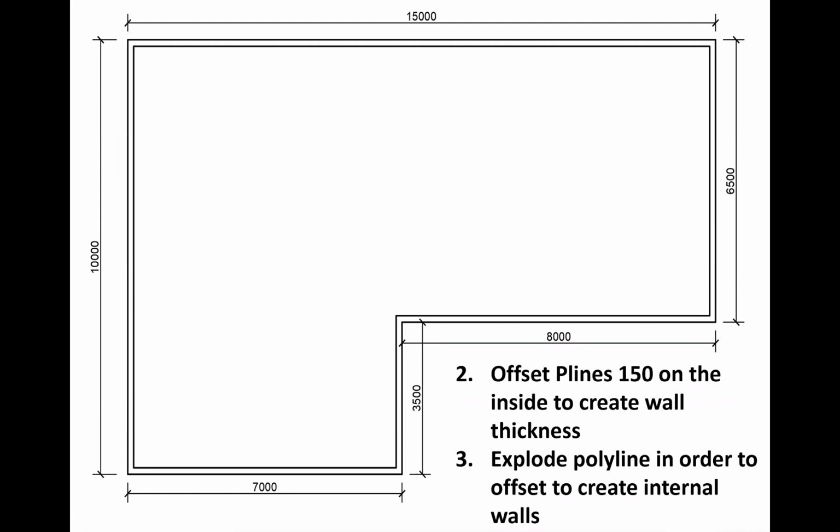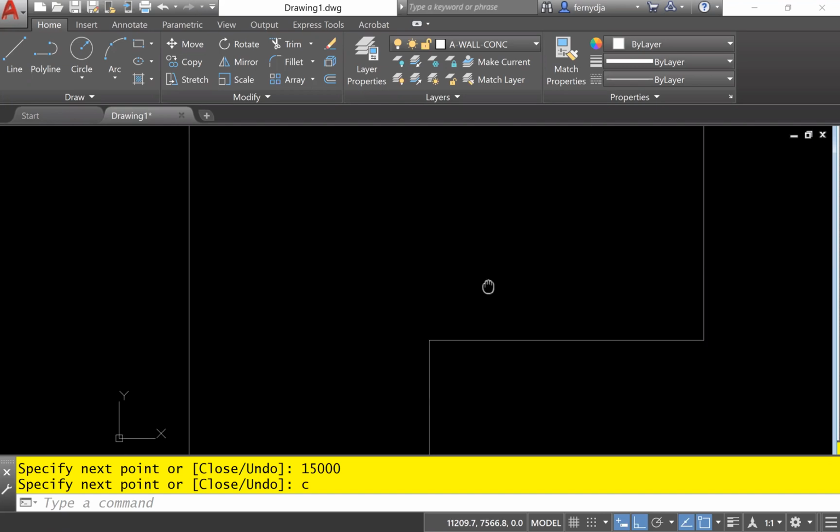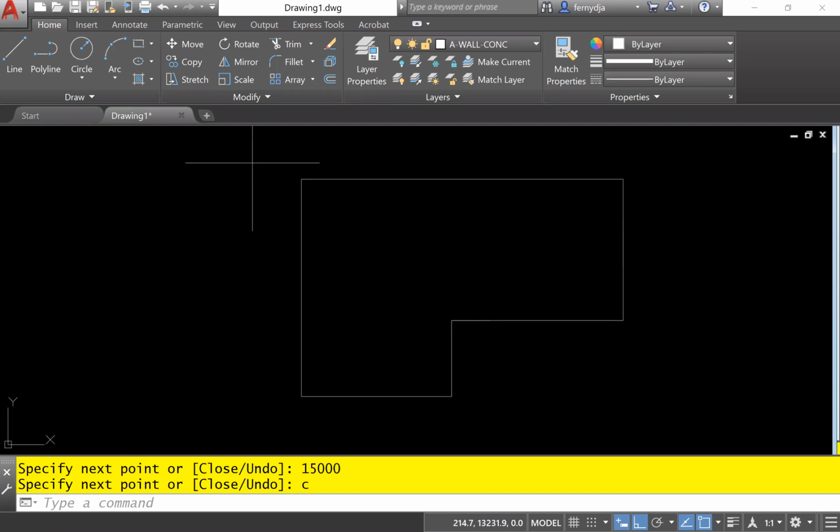So that's completing step one. So let's turn these lines into polylines so that we can offset all of them at once without having to offset them one by one and then use our trim or fillet command to clean up the corners. So we're going to select the entire shape